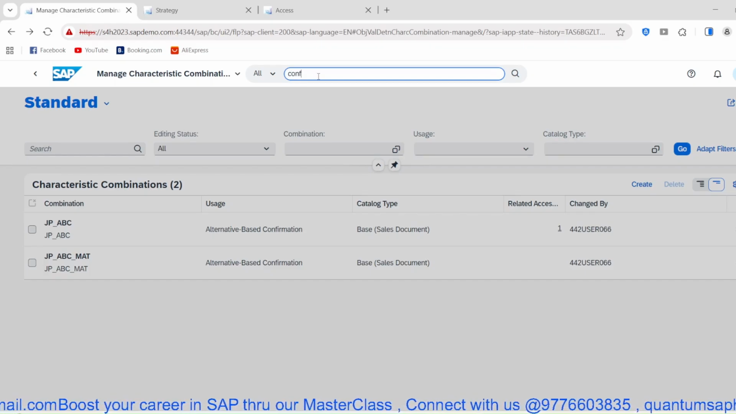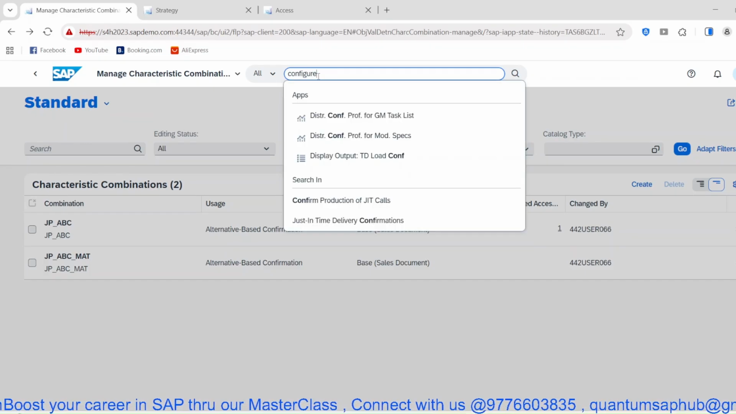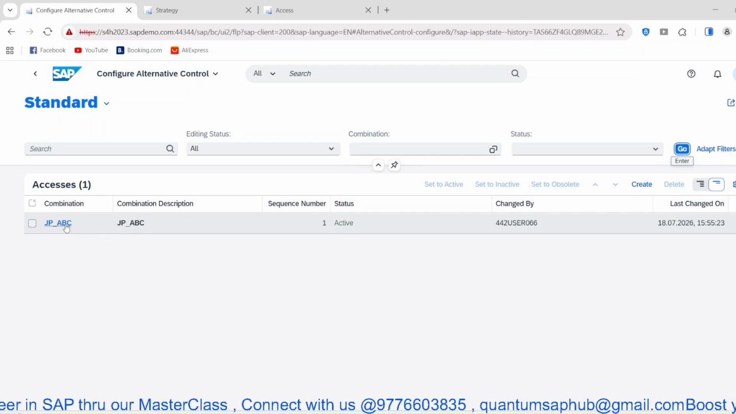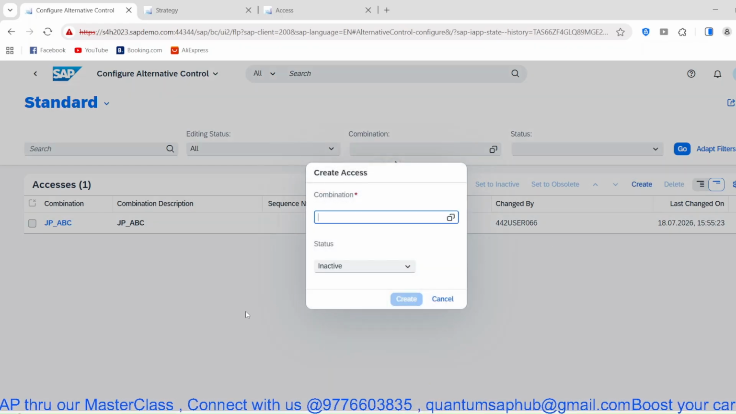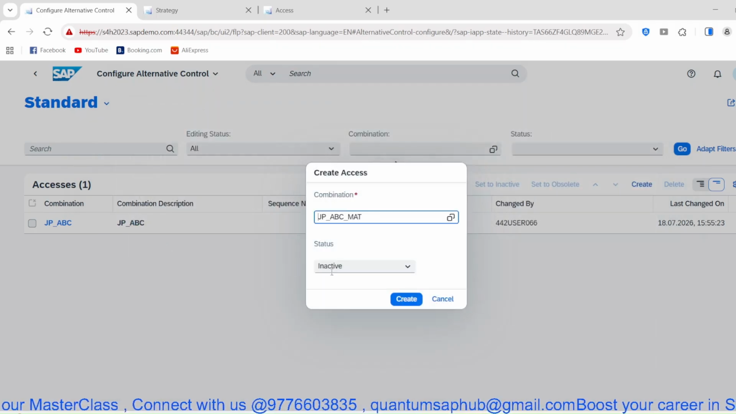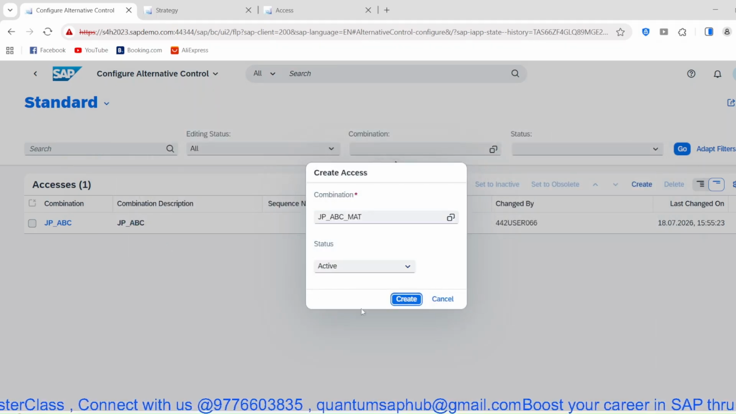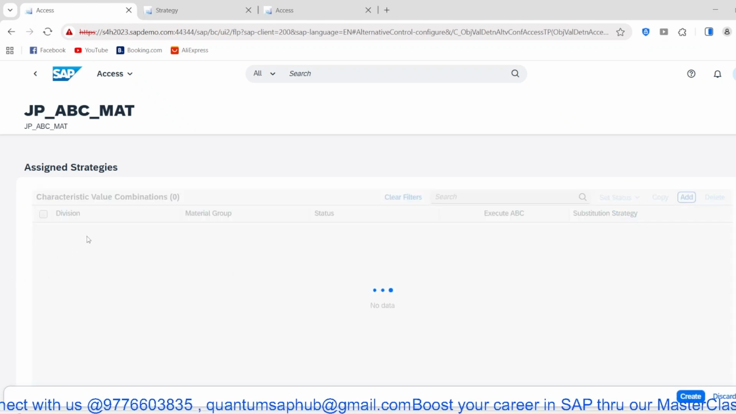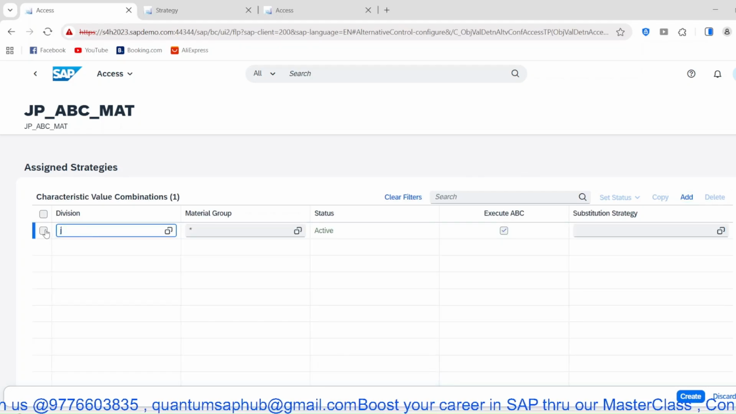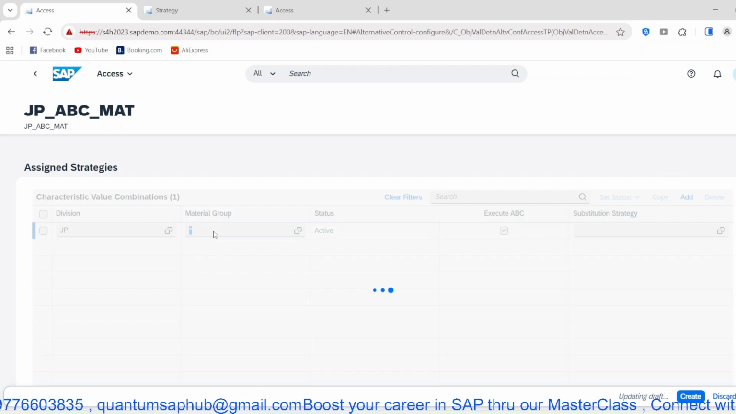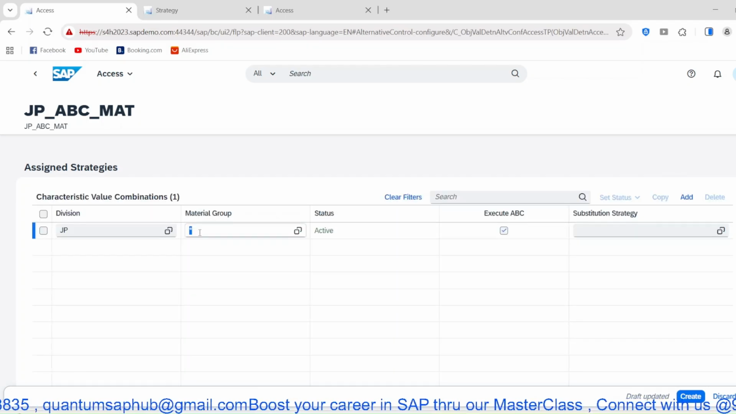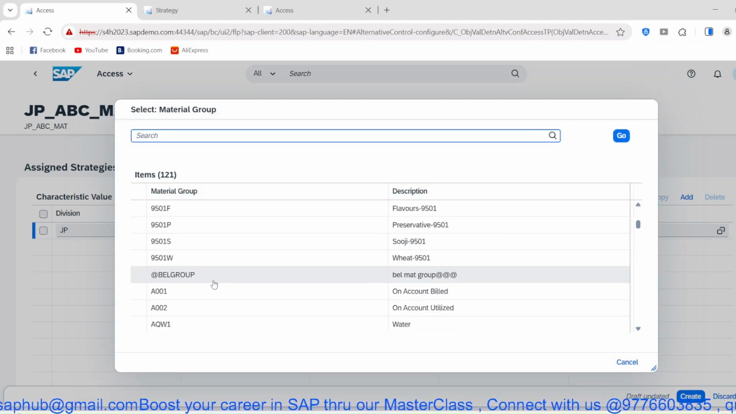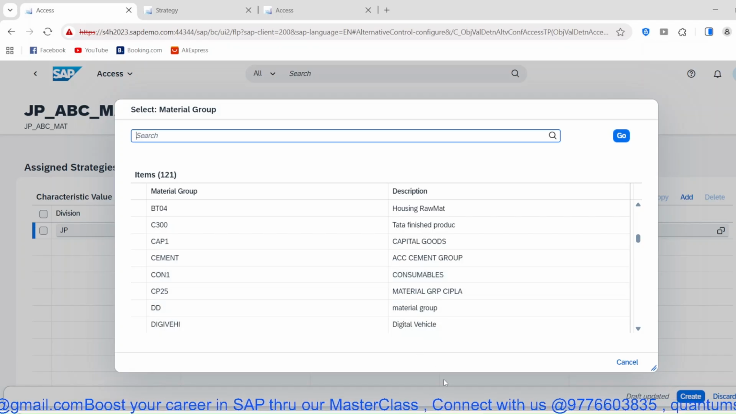So configure alternate control. Alternate control, go here, create, take this combination material, go for making it active, create, and you assign what combination. You go for JP. Material group is your, what is the material group? Finished goods, right? So you have to go to